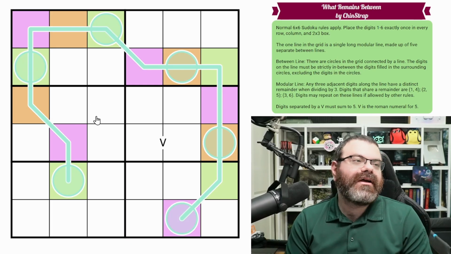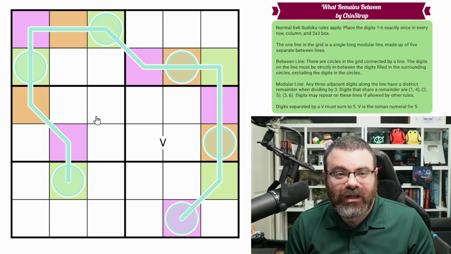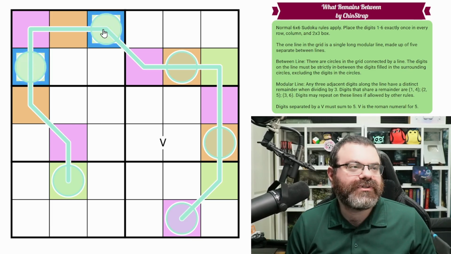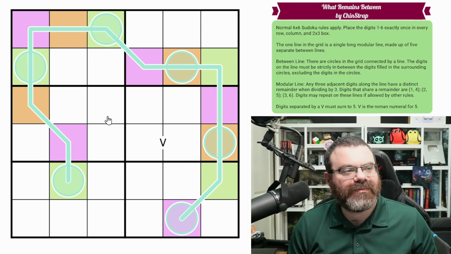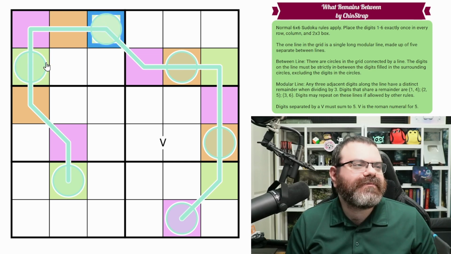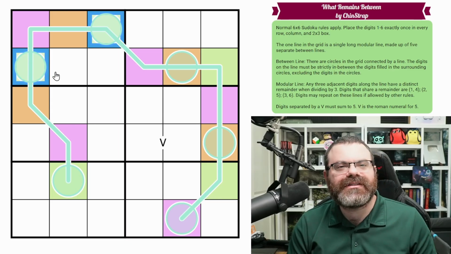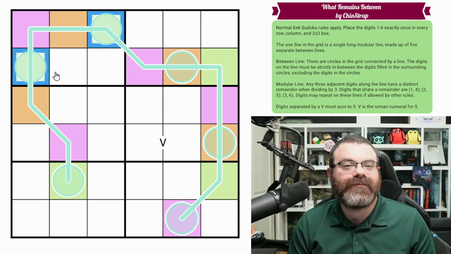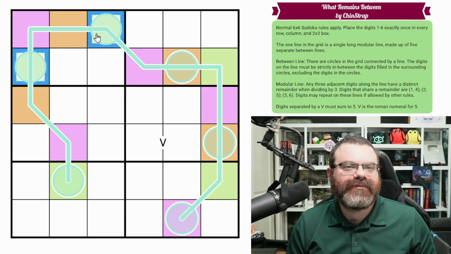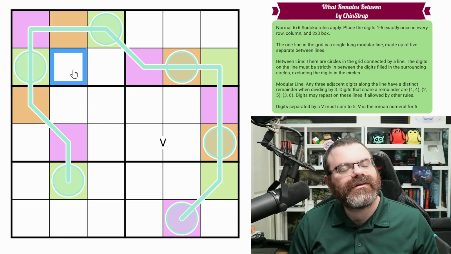We do know that there are 2 of each color in every row, column, and box. So for example, we already have 2 greens in this box. We can't put more greens in the box. So these greens have to be pretty far away from each other, although they're all the same amount away from each other. 1, 4 would put a 2, 3 up here. 2, 5 would put a 3, 4 up here. And 3, 6 would put a 4, 5 up here. So,